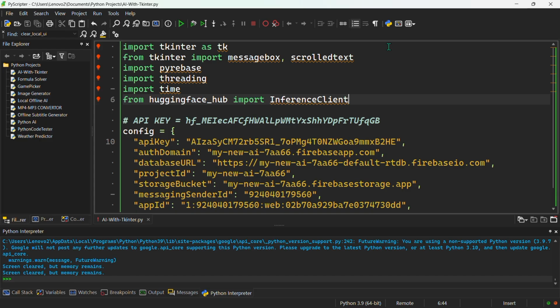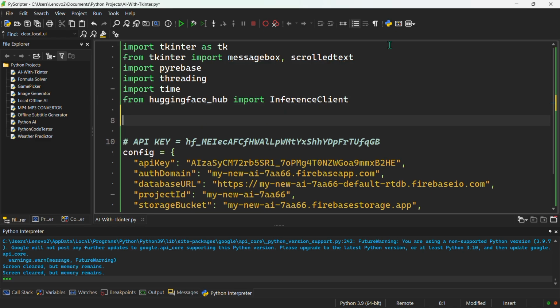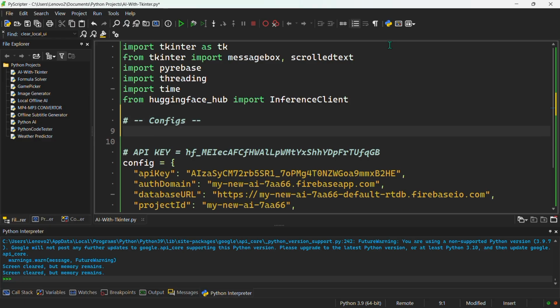Right after we import our modules, we're going to need to actually configure our main app. To configure it, we're going to go down about 2 lines, and I'm just going to make a comment and say configs, just like this. And right below this, we're going to type in our AI name. We can call this whatever we want, and my AI is going to be called BGC Milo, which is my